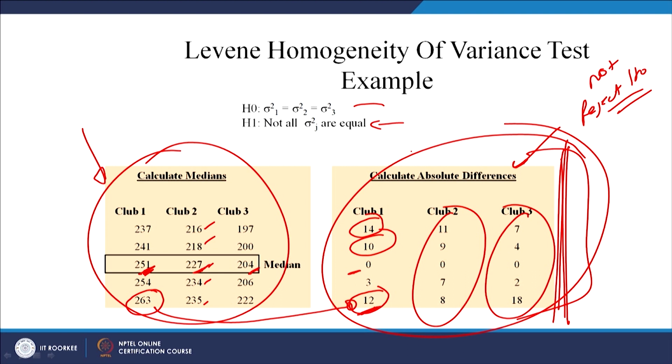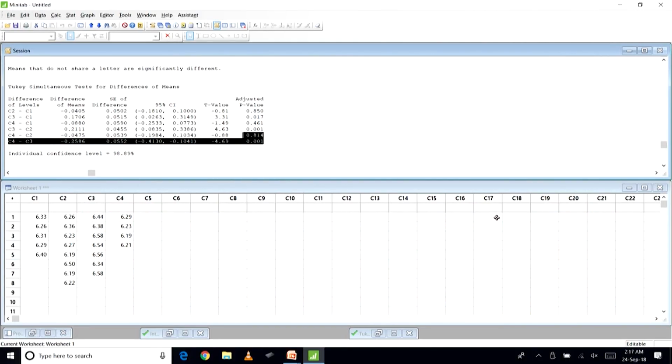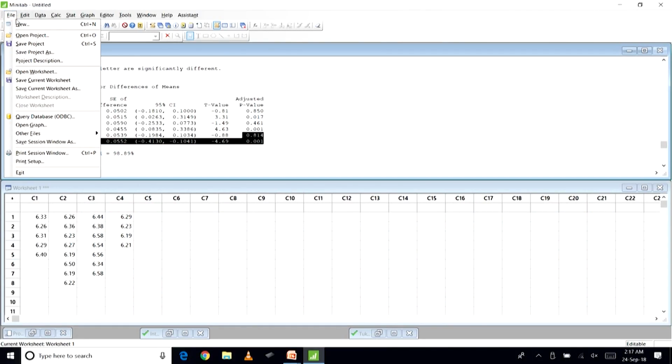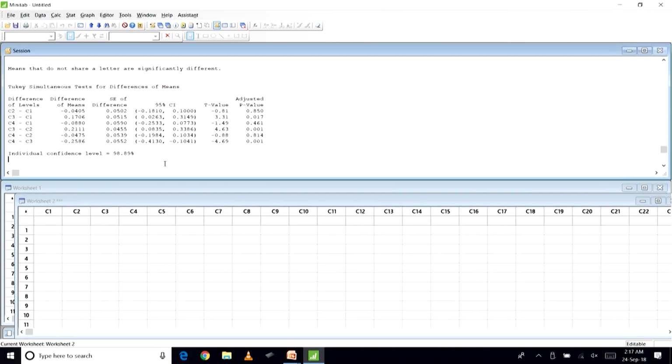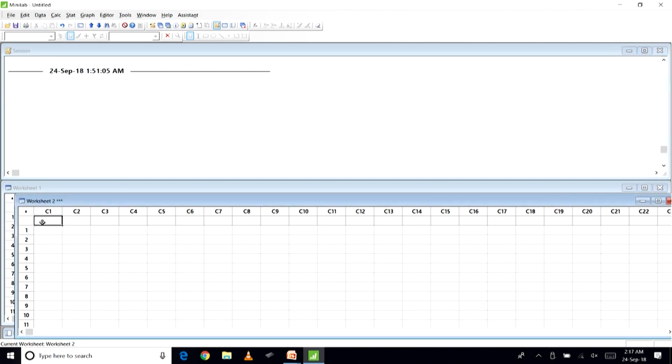So, we will perform one way hypothesis testing on this data. Let us look at this. We will have a new file. So, let us say club 1, club 2 and club 3, and for club 3 now we will enter the absolute differences.